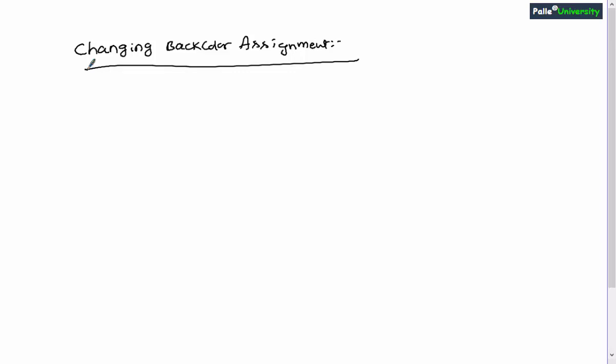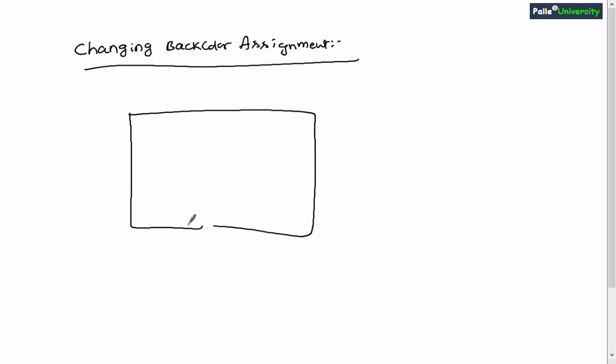So in this session, I will give you an assignment related to changing the back color of a button control. Let me explain the assignment. First, your task is to create a page with the name style changer.html. In this style changer.html, you need to create a color text box, and apart from that you need to